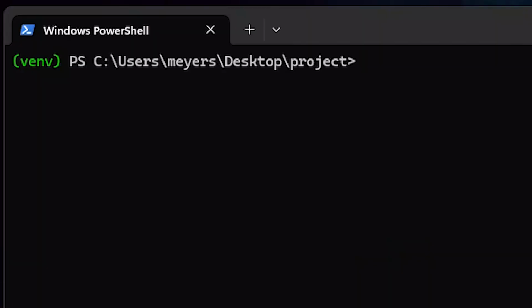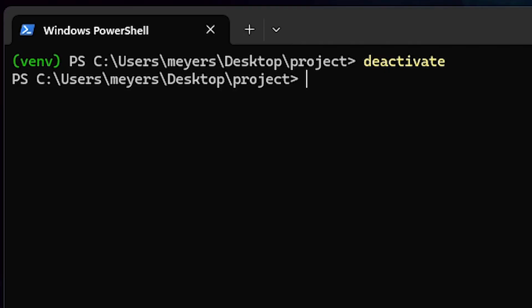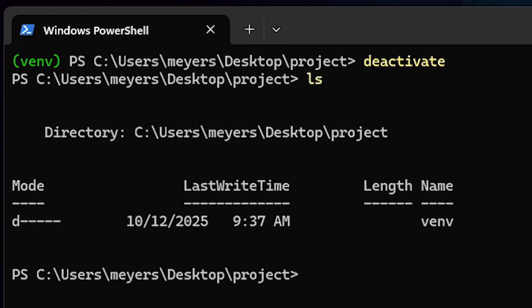Okay, so in this case you have installed Django. How do you deactivate the virtual environment? To deactivate the virtual environment, you just write deactivate, and now you are out of the virtual environment. Okay, so yeah, this is how you create a virtual environment